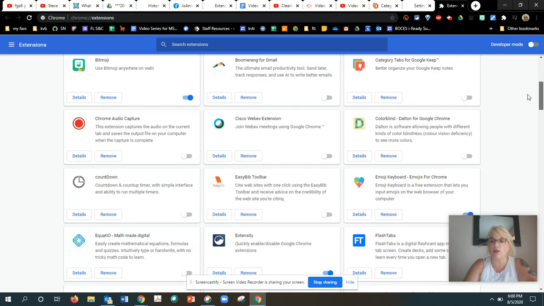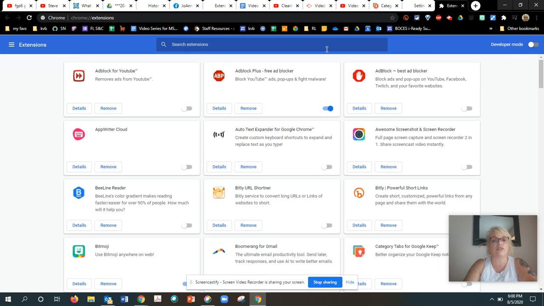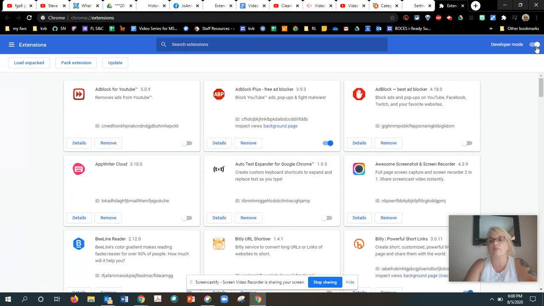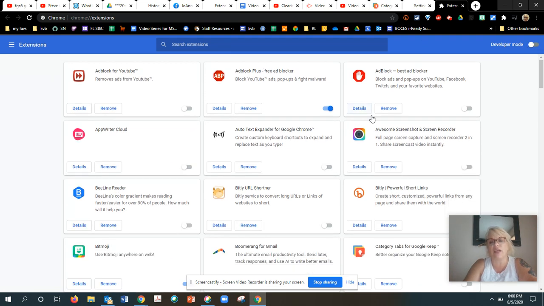And then when you're all done, there's no save button. This is going to automatically save. You see that there's no problem with going back and forth. You can also turn on development mode, which really doesn't give you much more. It just tells you the ID of each of those. You don't really need that, but you can click around. You're not going to break it. So my recommendation is always make sure you're turning off extensions if all of a sudden your browser starts to act a little wonky,